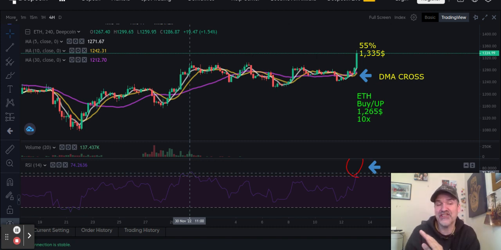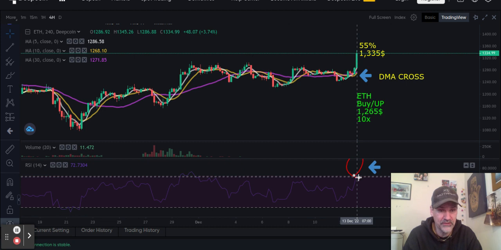Okay, so that tells you for the last 30 days, or I'm sorry, for the last 14 days, Bitcoin has not been at this level till now on the RSI, on the 4 hour, okay? So that's a flag. Like, okay, let's see what happens. Obviously, we've not been this high in over 30 days in Ethereum, okay?